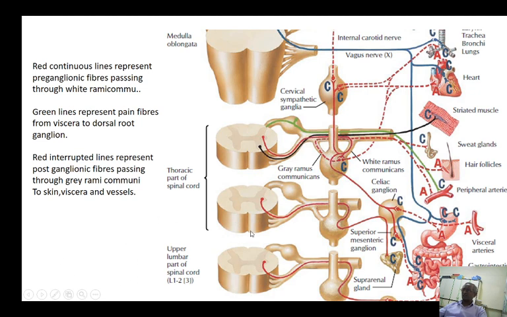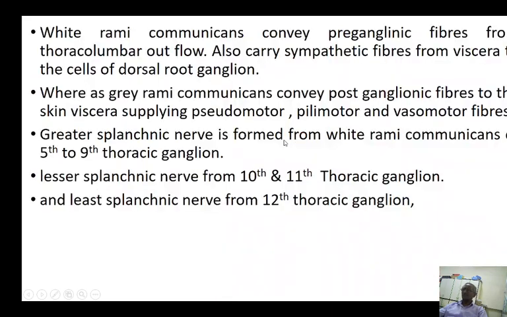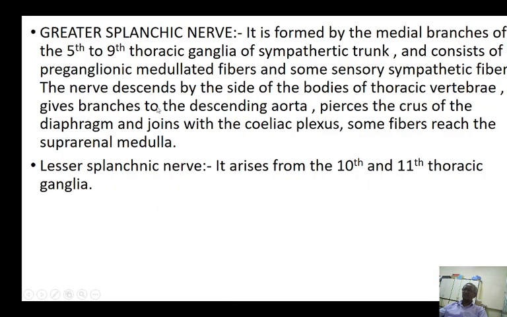And then in the white rami communicantes, we are having the pre-ganglionic fibers, which are not synapsing in the sympathetic ganglion, but they are going to the ganglia in the abdomen, either celiac ganglia or superior mesenteric ganglia. They are synapsing there. Pre-ganglionic fibers in white rami communicantes, post-ganglionic fibers in the grey rami communicantes. So the greater splanchnic nerve is formed by the medial branch of the fifth to ninth thoracic ganglia, consisting of pre-ganglionic motor fibers,